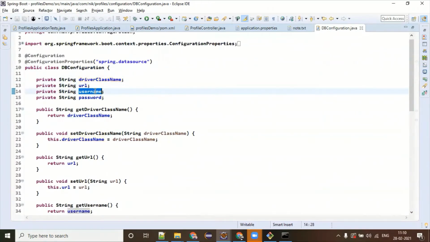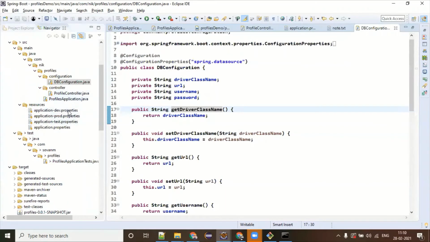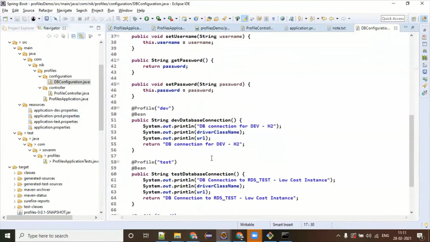For creating any data source you need the driver class, username and password. You have to feed all these properties in your properties file. The values of driver class, URL, and username are going to change in every environment. It might be that here you are using some different database, and production has its own database. So what I want is that this data source bean should be created only once, but the values should be according to the environment details which we provide under the profiling concept. So how can we do that?